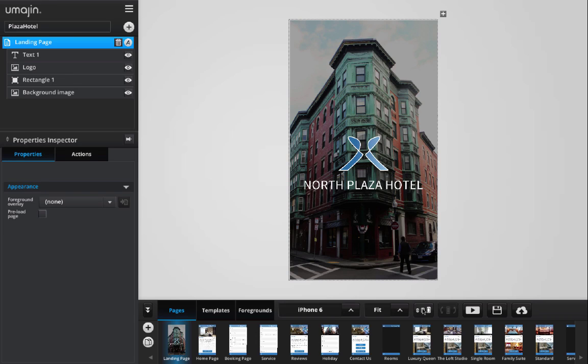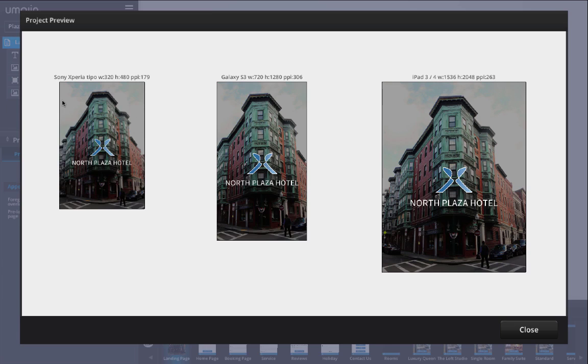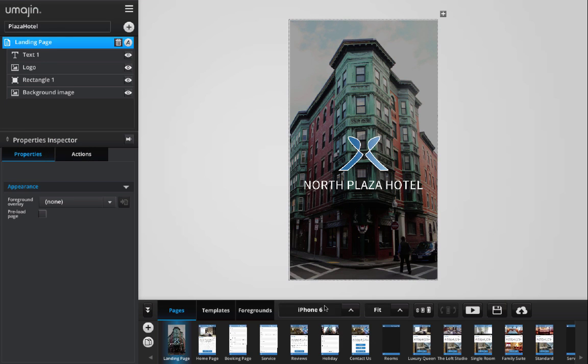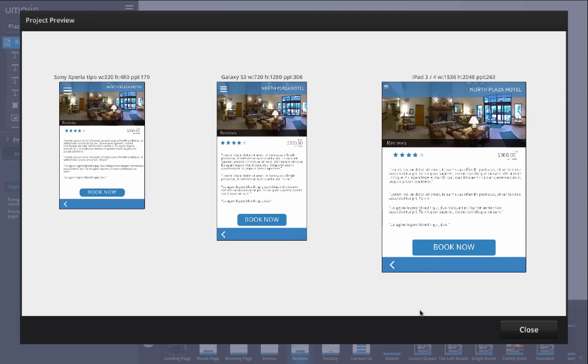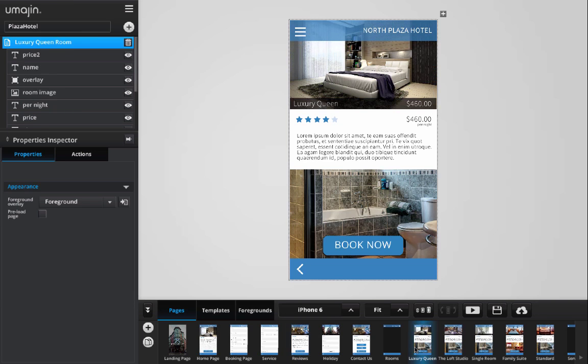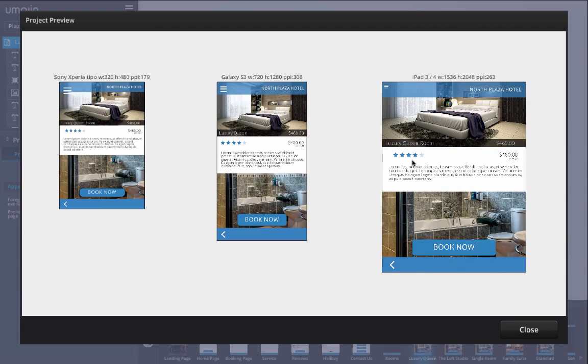To the right of that, you have this little button here. It looks like there's 3 mobile devices, and this just gives you the ability to preview what this particular page you're on will look like across 3 different devices with varying resolutions. So you can see a Sony device, a Samsung device, and an Apple device on the right. And so as you select each page, you go ahead and click that, and it'll show you that page in